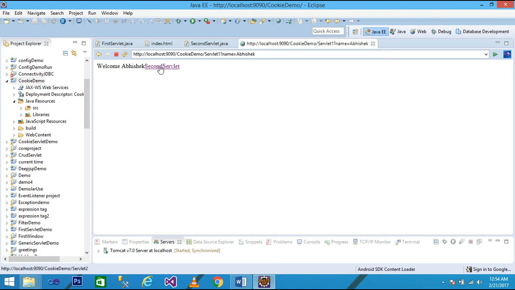When I click on the second servlet, the value Abhishek is stored in the cookies, and when the second servlet opens, within the second servlet doGet method, I request the cookie. Okay, and getting the value from the cookie, and with the help of the print method